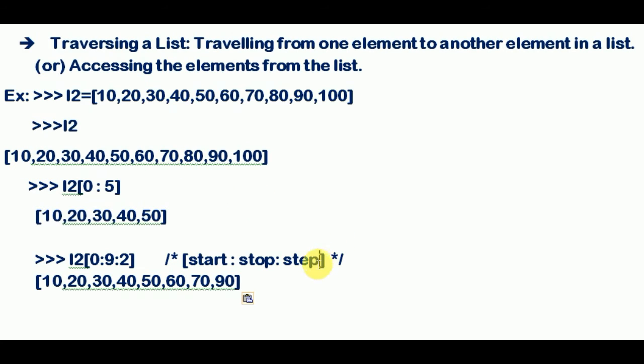Now if we talk about the third one, that is steps. Steps show the difference between each element, how many elements we have to skip to calculate the next one. So here we have 2, meaning first we calculate the first element, then after it the third element,